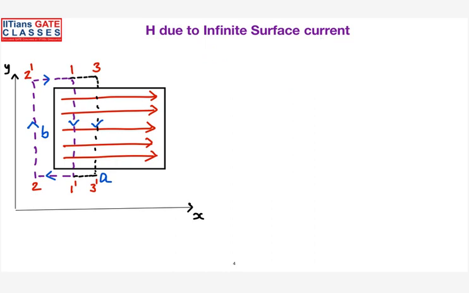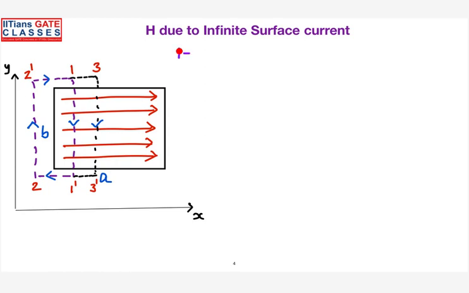Now, let me start with this particular loop: 1 to 1 prime, go to 2 prime, 2 to 2 prime, and again come back to 1. This is the primary loop I was initially considering. This is the sheet current and I have enclosed it with the following loop. 1 prime is near to the sheet. And in the next case, I was extending the loop something like this, 3 prime and 2 prime and again back to 3. So let me go case by case.